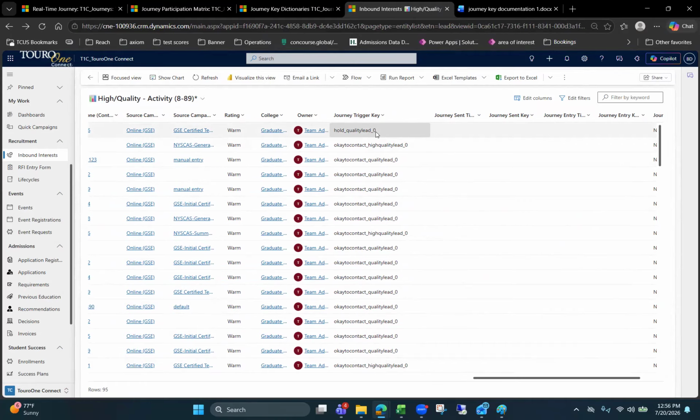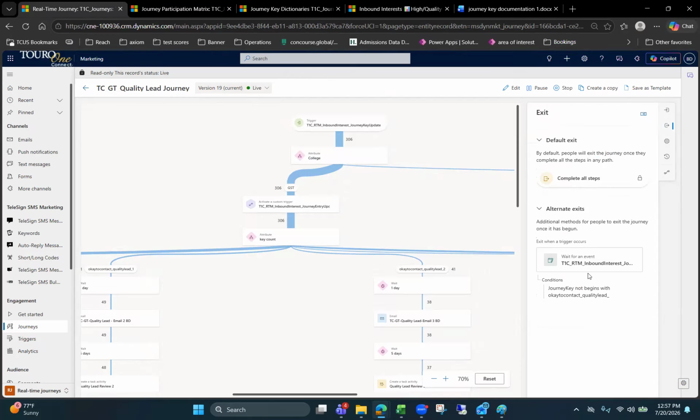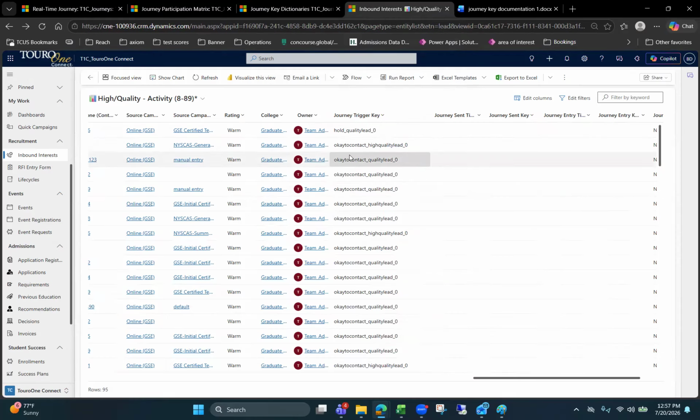That means she's never entered a quality lead journey or she's never made it past step 0, which is the first email. She's now a hold. So because she's a hold, she doesn't begin with this. So she would never enter it. And she does not begin with it. So she would immediately exit, right? So there's a trigger that says she's out. So she would exit. But if I were to switch Keisha,